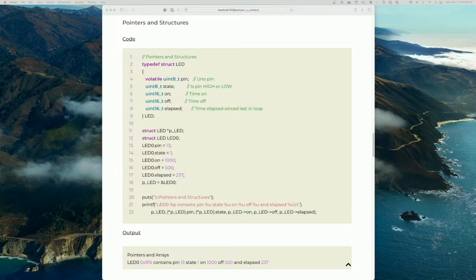This is a short video on pointers and structures. And again, same as what we saw with pointers and arrays, we'll begin to see the value of pointers when we use them with structures. So you can see in the code, I've defined a struct of type LED,